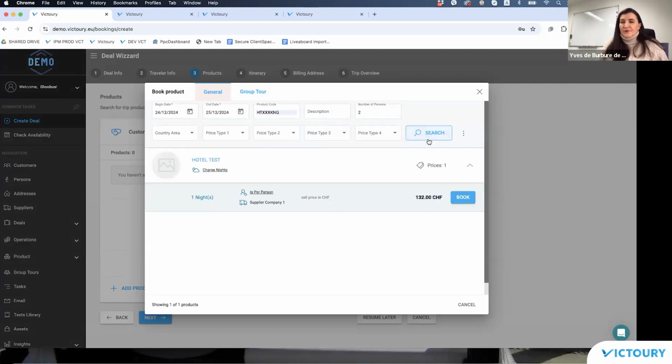So when I search for the prices, this is the first implementation which we have changed related to the multi-currency, the actual retrieval of the prices. So here you see already that only the Swiss franc price has been returned, even if I have another price for the same season in euro.